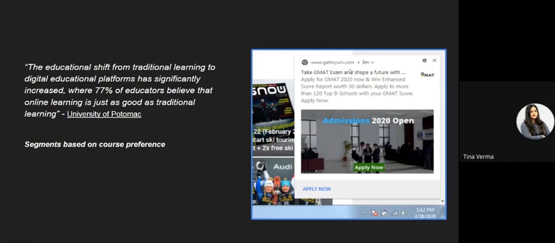Now Get My Uni has again used the source triggers using our dashboard, and they have segmented their audience based on course preferences. For example, someone who is looking only for engineering related stuff, or someone who is only looking for MBA related stuff, will be targeted with notifications that only cover that information. This is how you send only relatable notifications to your subscribers, and the more segmented your audience is, the more converting it is.